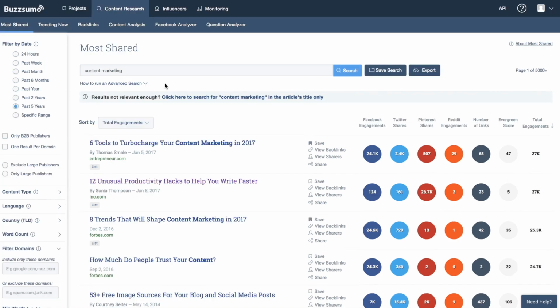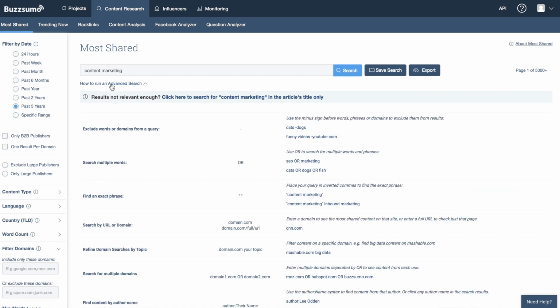We want to get comfortable with how to structure searches within BuzzSumo. Clicking on the link beneath the search bar will open a list of our advanced search operators. As we mentioned, Most Shared looks at the title and topic of articles for the term that you've put in the search field, but we can also refine that search by including operators such as minus signs to eliminate terms, an OR operator to look for multiple terms at the same time,